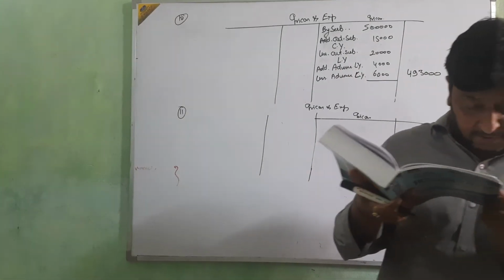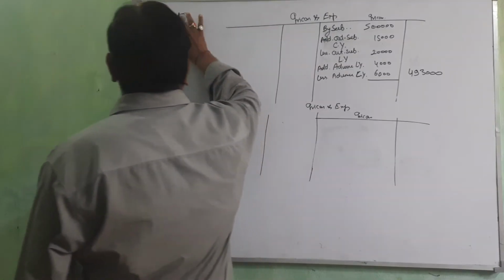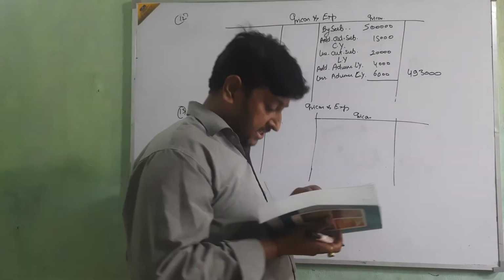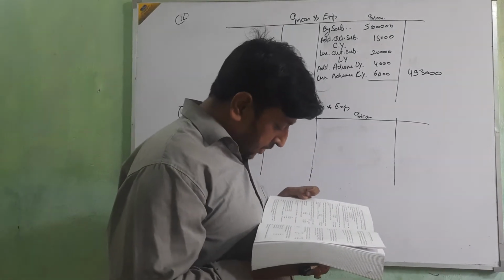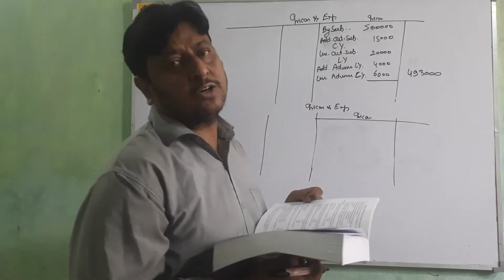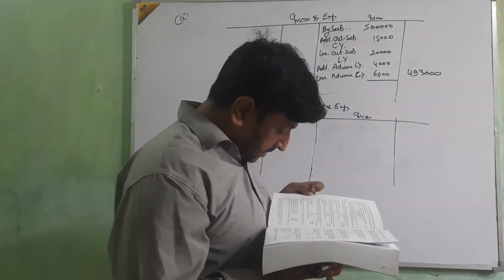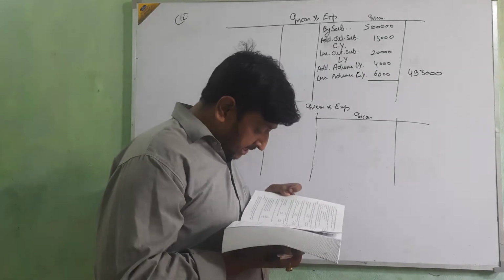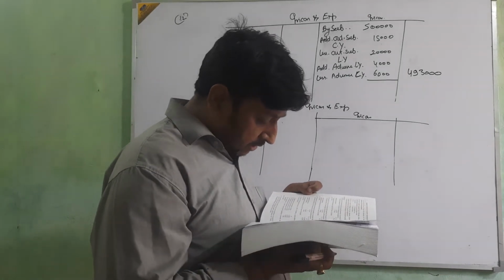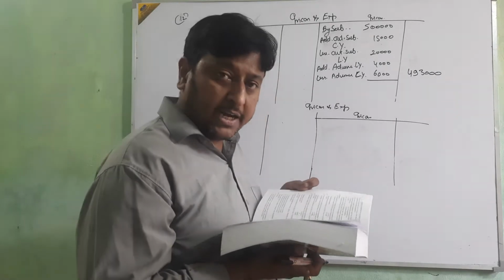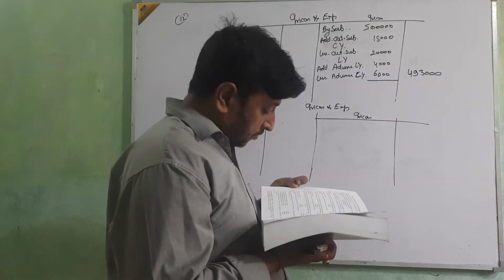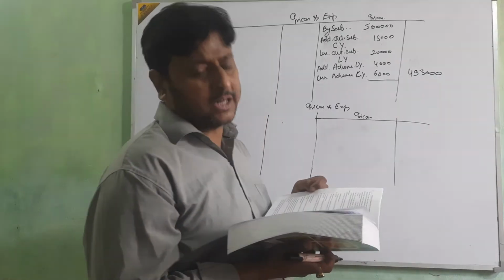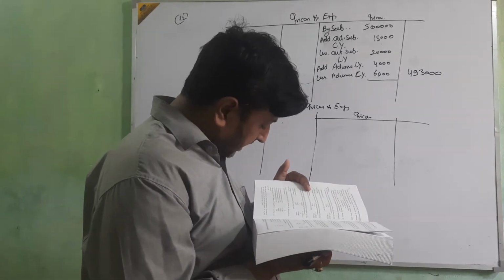In the next question, question number 13, subscription due but not received is outstanding for last year. Subscription received in advance is advance for last year. Then subscription due but not received for 2021 is subscription outstanding for current year, and subscription received in advance is for current year. Then we start with the during the year.